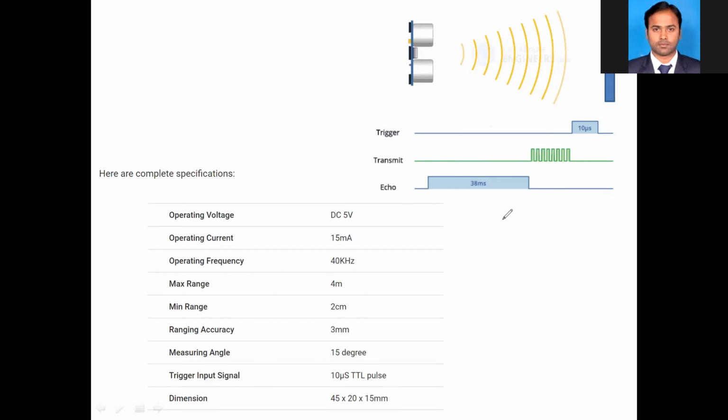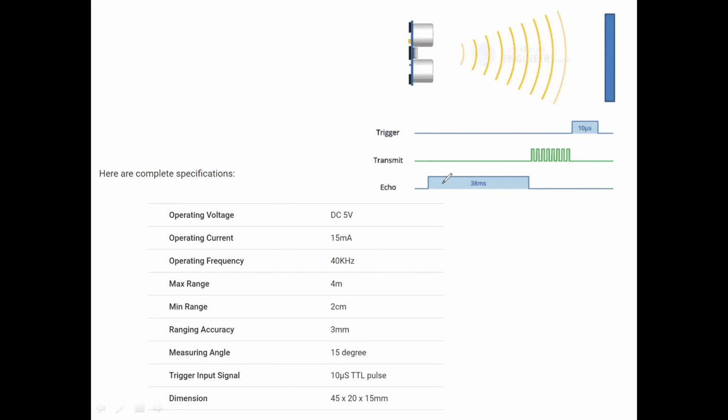To measure the distance, we have to follow certain instructions. As I told you, there are different types of ultrasonic sensors in the market: 4-pin ultrasonic, 3-pin ultrasonic. In some, the trigger pin and echo pin are a single pin. In some ultrasonic sensors, we have two separate pins.